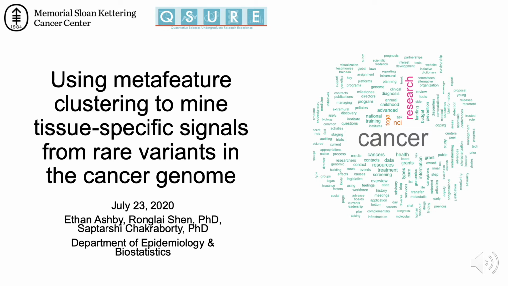I want to begin by focusing your attention on this word cloud on the right. This word cloud was generated from the Cancer Genome Atlas webpage. A key insight you can glean from this graphic is that green words outnumber the large multicolored words, indicating that text data is dominated by rare words. This is also true in the language in which cancer operates, the language of somatic variant mutations. So finding ways to harness the vast array of rare mutations for important clinical tasks is an important statistical and